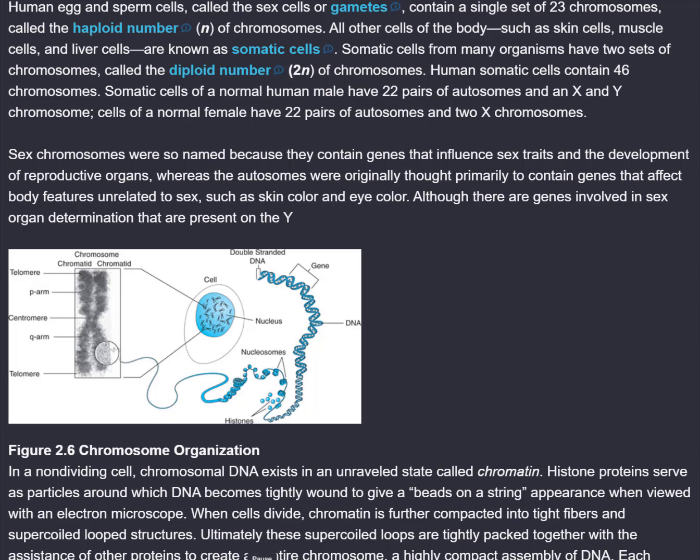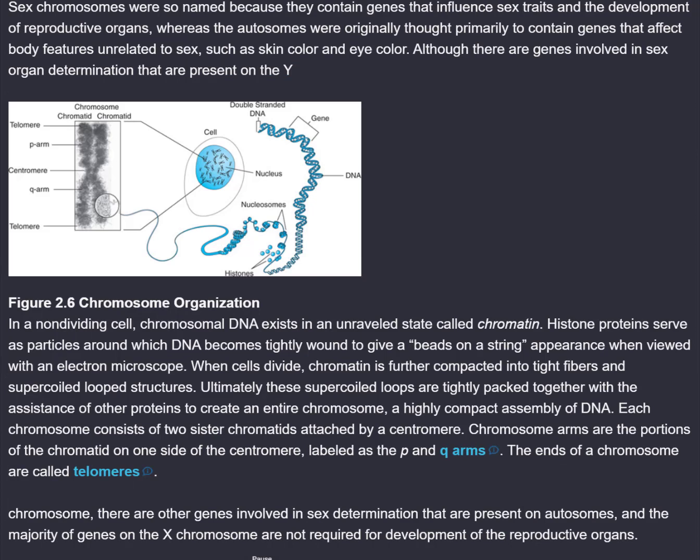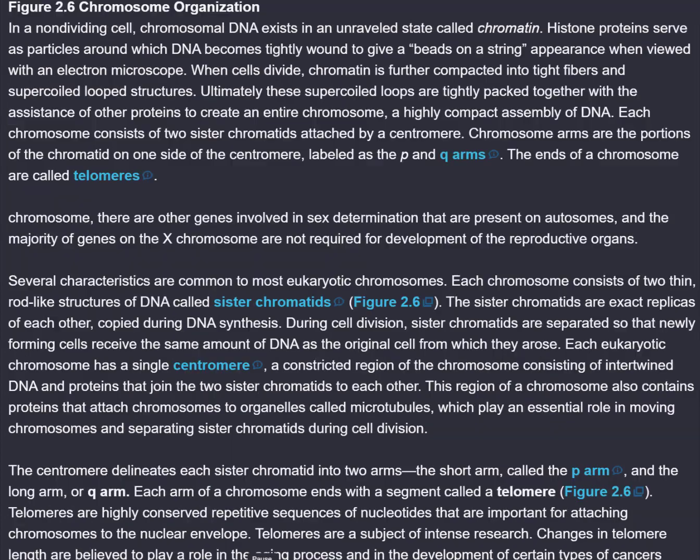Somatic cells of a normal human male have 22 pairs of autosomes and an X and Y chromosome. Cells of a normal female have 22 pairs of autosomes and 2 X chromosomes. Sex chromosomes were so named because they contain genes that influence sex traits and the development of reproductive organs, whereas the autosomes were originally thought primarily to contain genes that affect body features unrelated to sex, such as skin color and eye color. Although there are genes involved in sex organ determination that are present on the Y